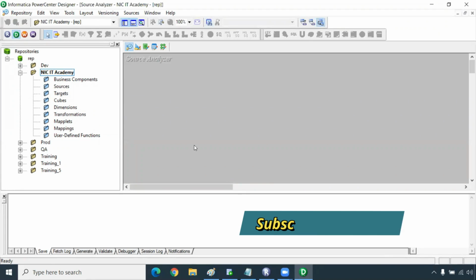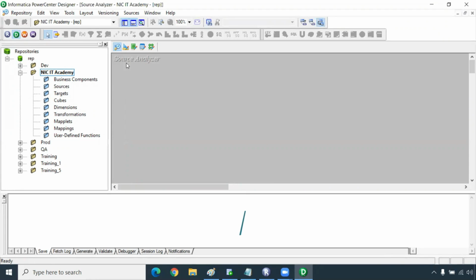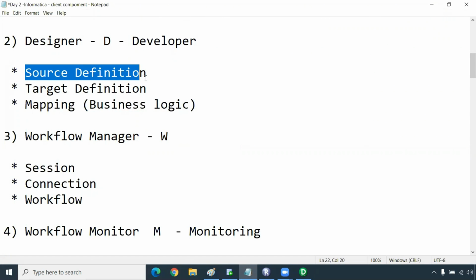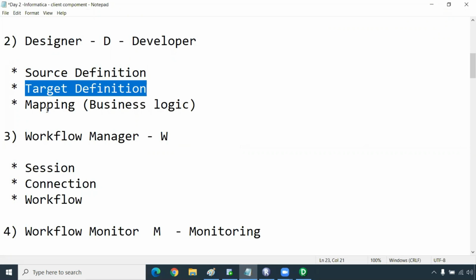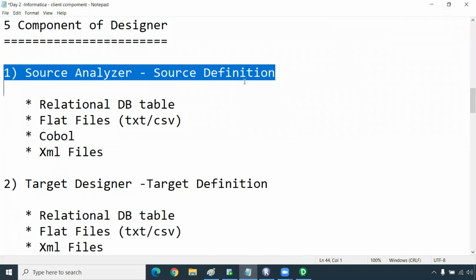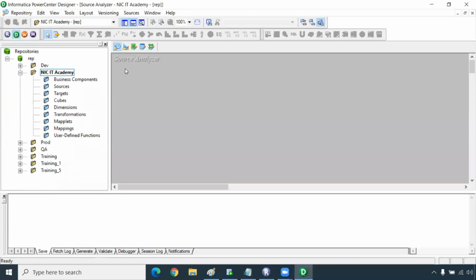So this is the Designer tool. You can see there are 5 components in the Designer tool. By using this Designer, we can make 3 things: source definition, target definition, and mapping. If you look here, the first component is the Source Analyzer, by which we can define the source. If you click on the Source Analyzer, at the top you can see the source.